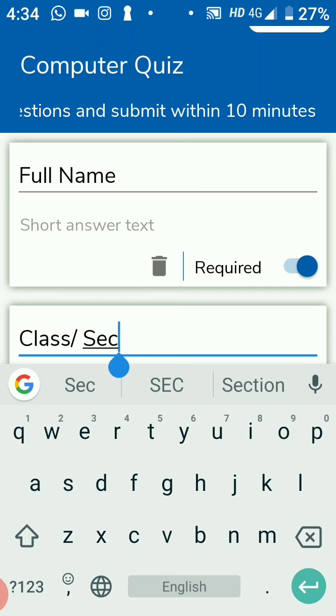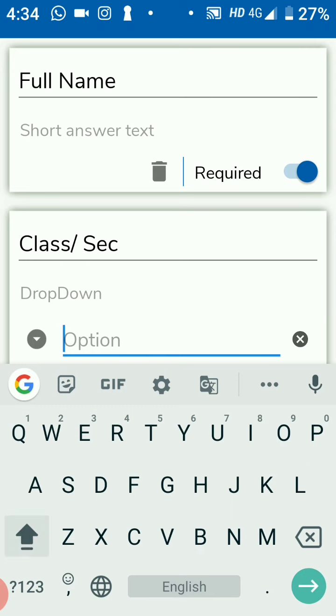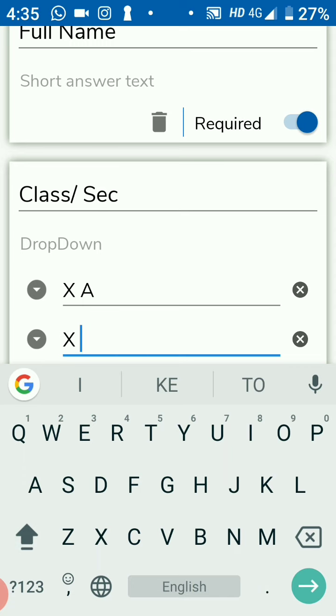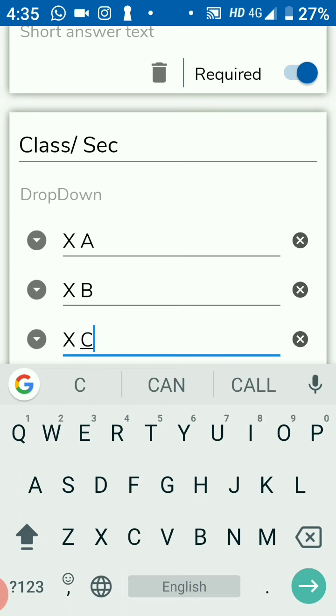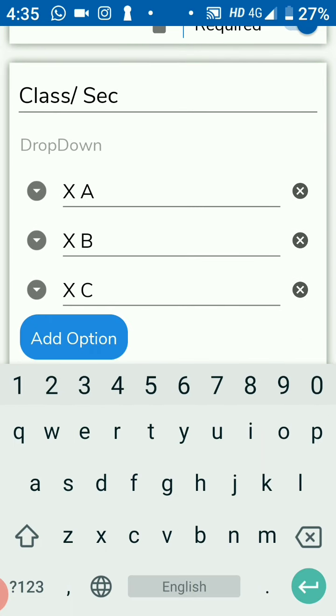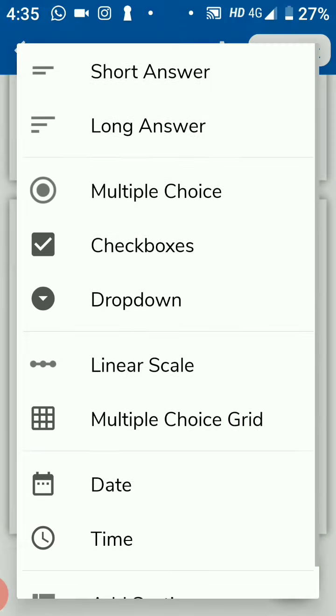Now you will give choices. Give the first choice. I have written 10th A. Give the second choice. I am writing 10th B. Give the third choice. I am writing 10th C. After giving all these choices, you will click the required button. It is also compulsory to write class.